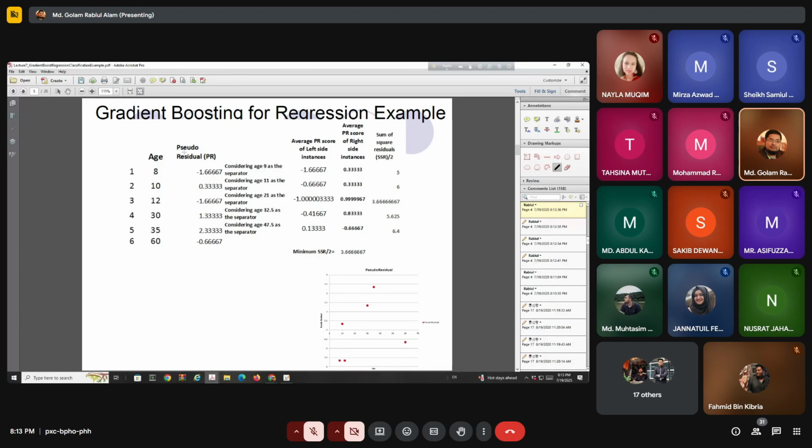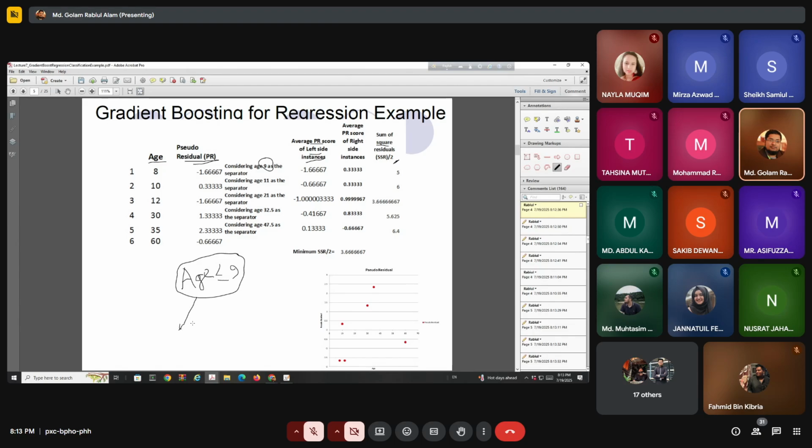So considering these pseudo residual values, and considering 9 as the splitter, we will get the left side scores and right side scores. Utilizing that, we have to find the sum of square residuals divided by 2, because we want to utilize the pseudo residuals. I think we know, because in our last lecture we have already discussed, if we consider less than or equal to 9 as the splitter,